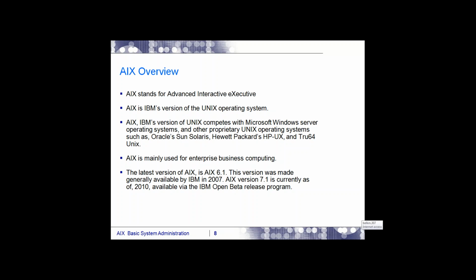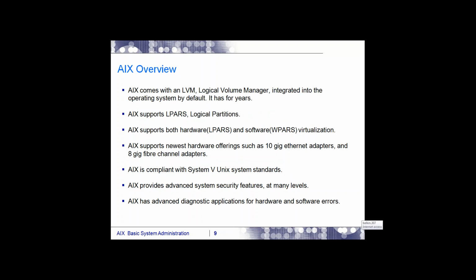So basically, when IBM or Red Hat or Oracle or any vendor releases their operating system, first they release the beta version. After the beta version, they get into the original versions. And then when we talk about the AIX overview, the first important thing is